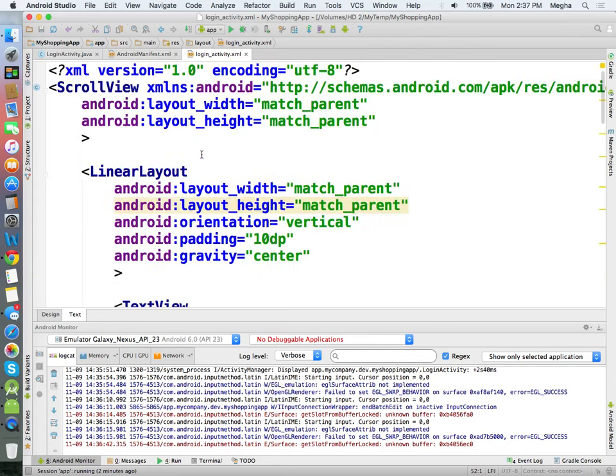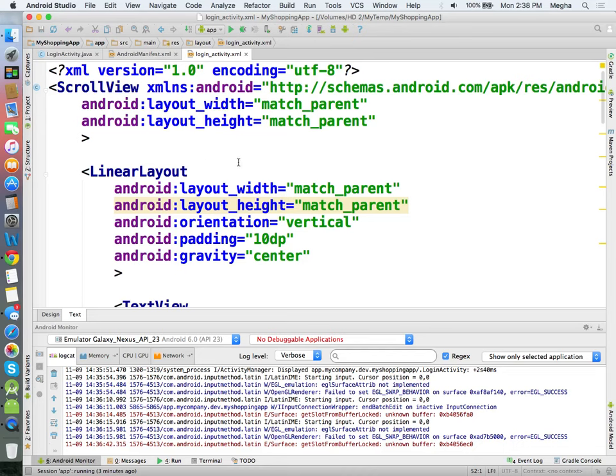Scroll view will add a scroller if the content goes beyond the window size, because a form, we always know, may be quite long. I cannot fit the entire form into a single screen. So I may add some sort of a scroller so that the form can be scrolled and seen. In this case it's a small form, but still having a scroll view is helpful whenever a software keyboard appears on top of it.